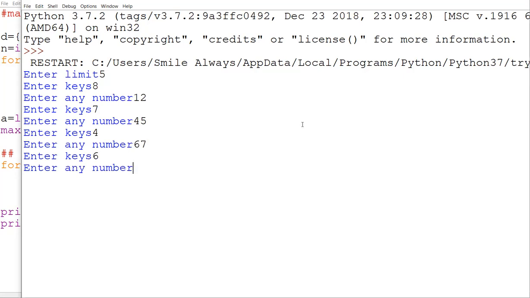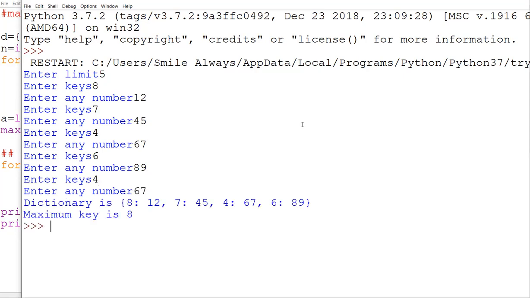What will be the answer? 8. Okay, one more I have to give. So you can see that now it is comparing with respect to the keys if we are giving numbers also. I hope this is clear to all of you.